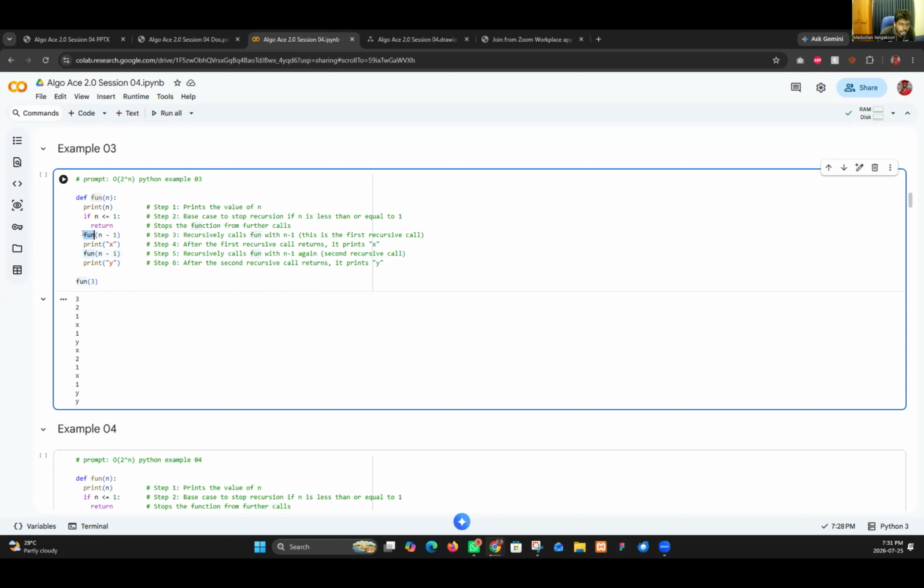This is calling the function within the function. So it goes again in here and it prints. How did it print the 1? Again, you can see it prints here. But how did it happen? These are the small things you need to know. In here, we are using two function calls that recursively call the function.